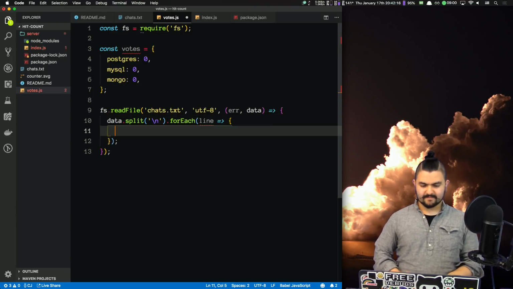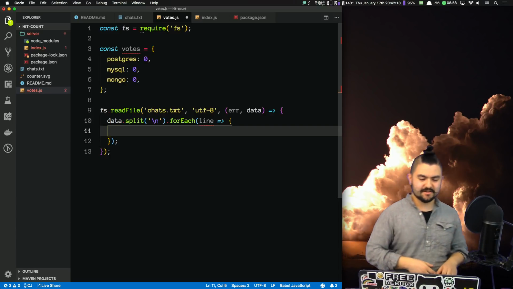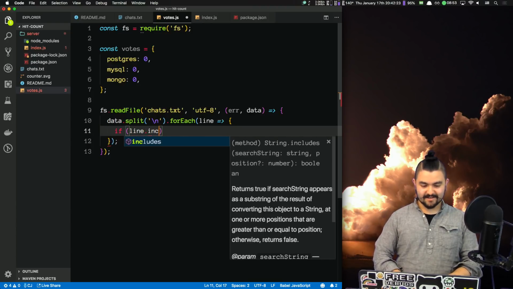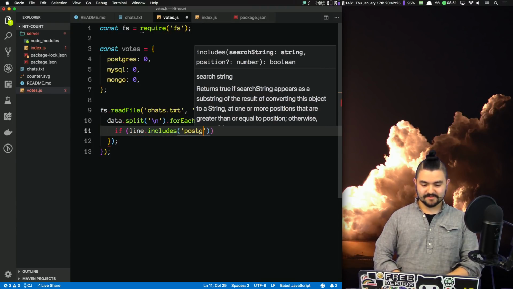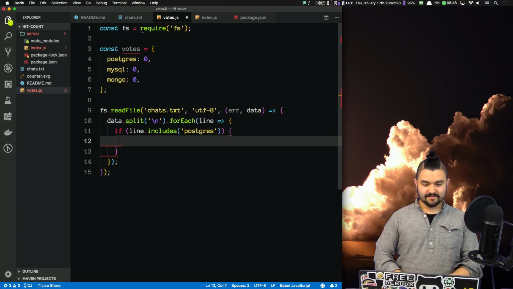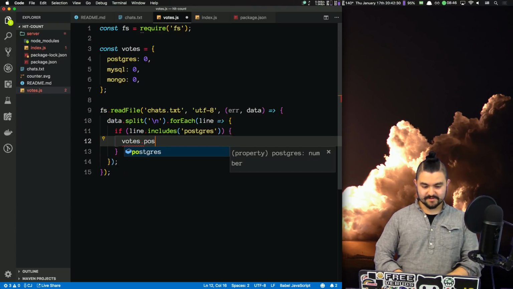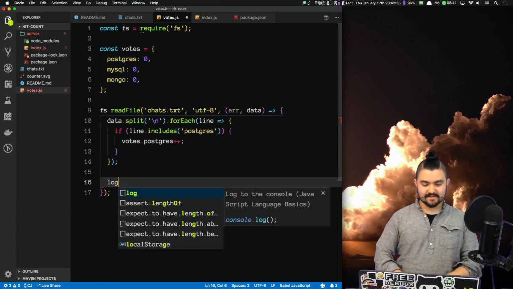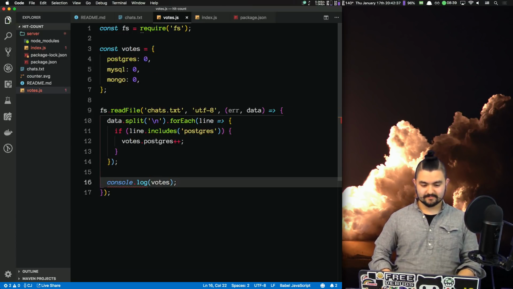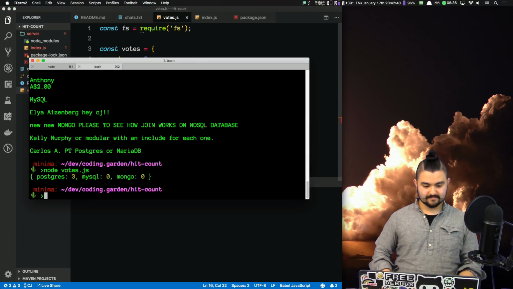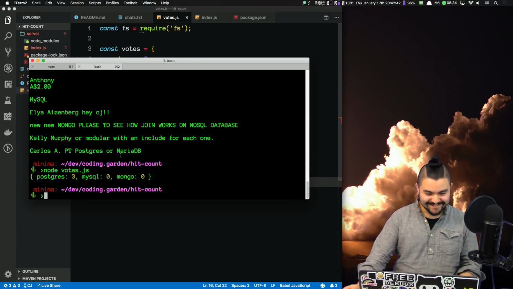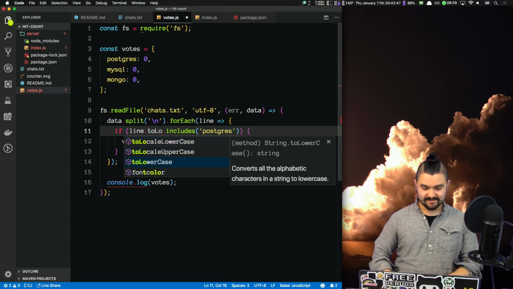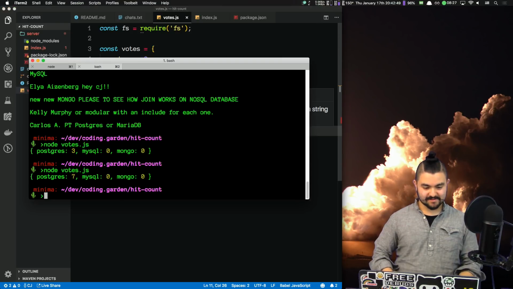I could be tricky with this. I'm just gonna be very verbose. So let's say if line.includes Postgres, then we'll say votes.postgres++. Let's just see what that does, and then we'll log votes. Hey, wait, that's not right. Oh, I have to toLowerCase it. So we'll do line.toLowerCase().includes Postgres. Okay, 7 votes for